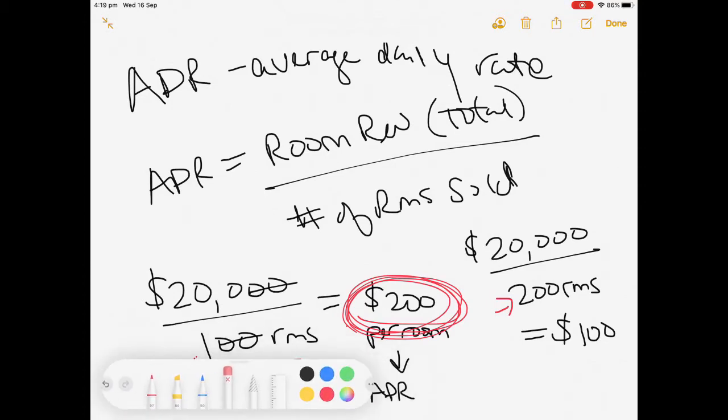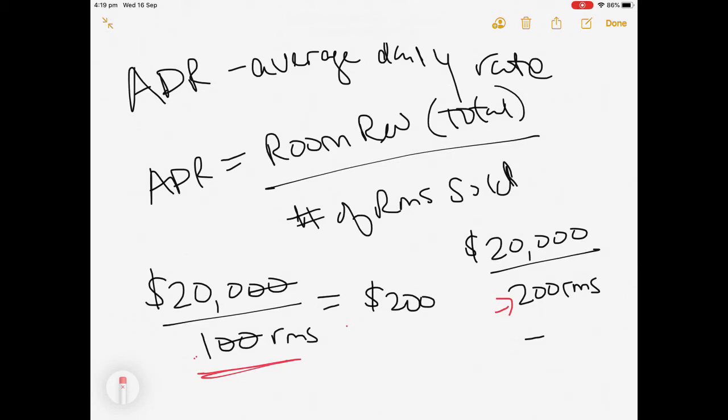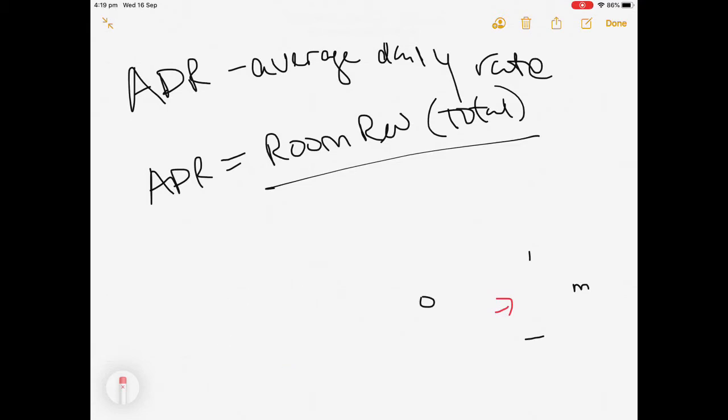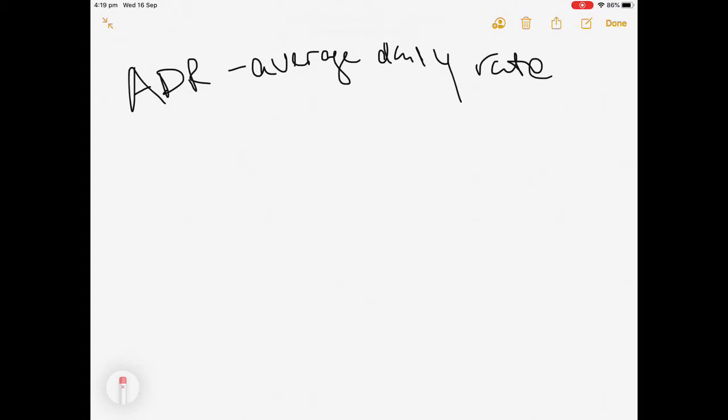Now, a couple of things that I want to mention with regard to ADR. Again, we're talking about room revenue. We are not talking about revenue made from the spa, from the restaurant, from parking, or anything else. It's strictly room revenue, so it's really important that we keep that in mind. So let's say that we want to get our room revenue, specifically our ADR, up. What are we going to do? There's a few different things that we can do in order to increase our average daily